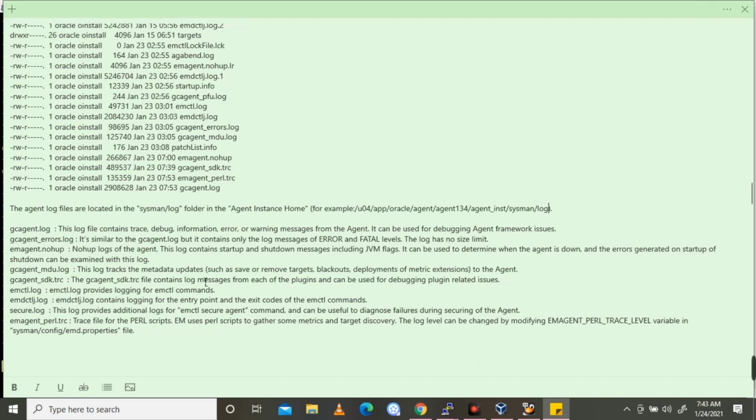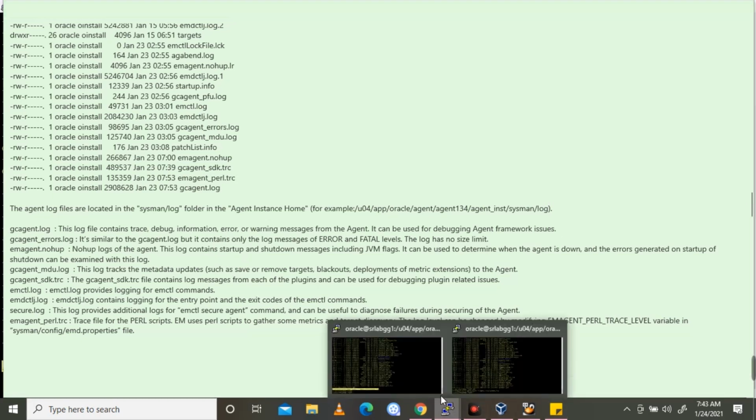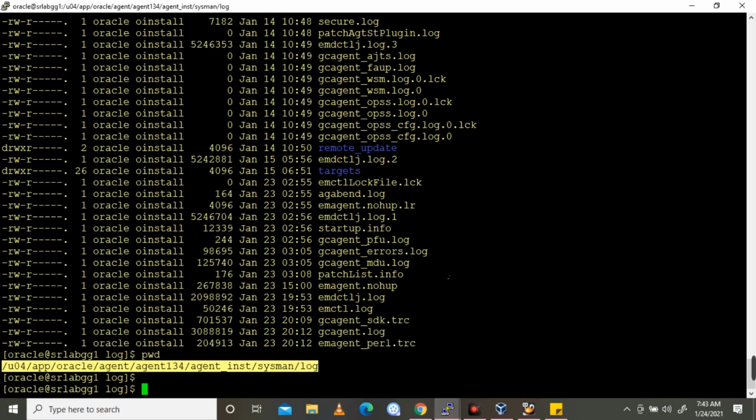The gcagent.log file contains trace, debug, information, error, or warning messages from the agent. It can be used for debugging agent framework issues. So for diagnostic purposes we look into the gcagent.log.